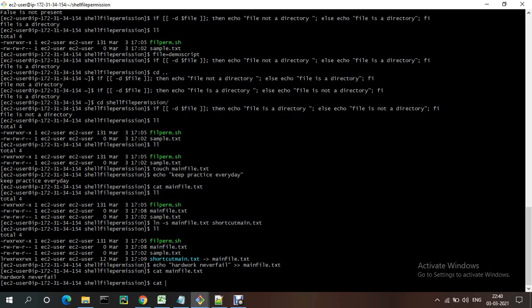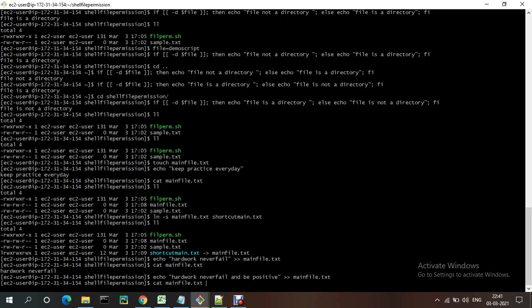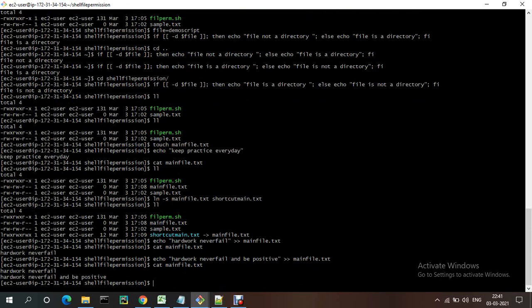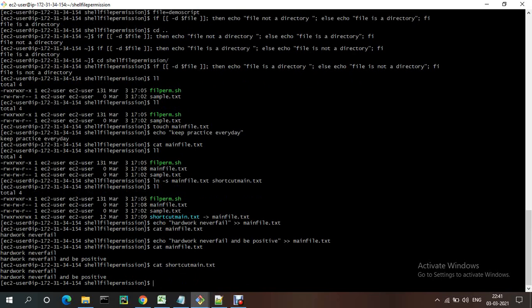Okay, now try to write one more line. And be positive. See, now two lines are there. Now the same data is available in the shortcut file name also, like a symlink.